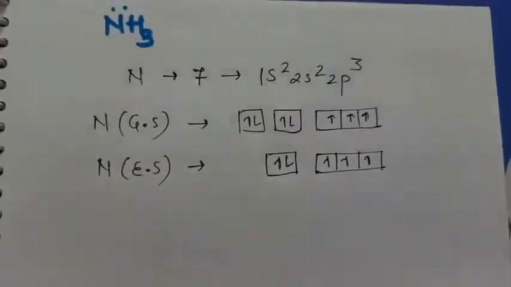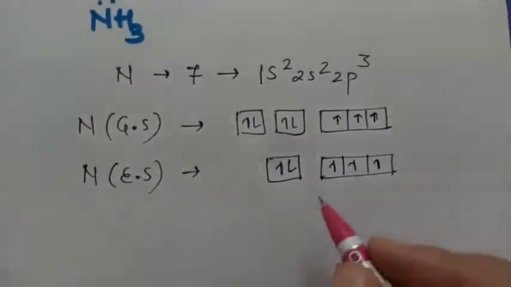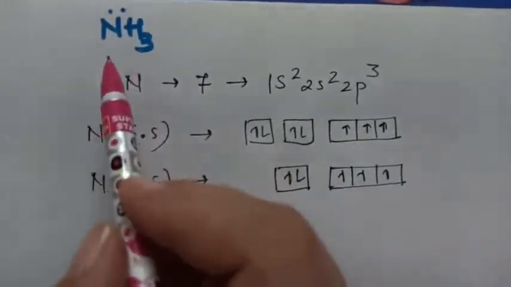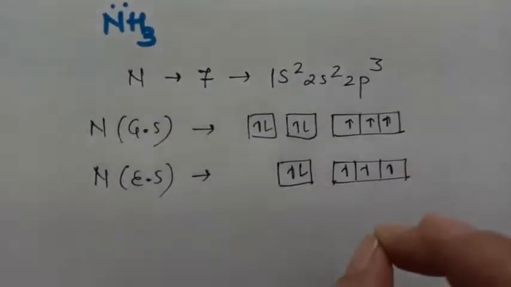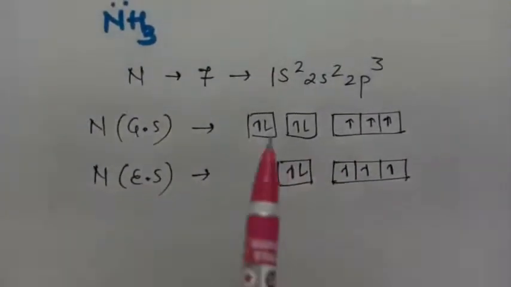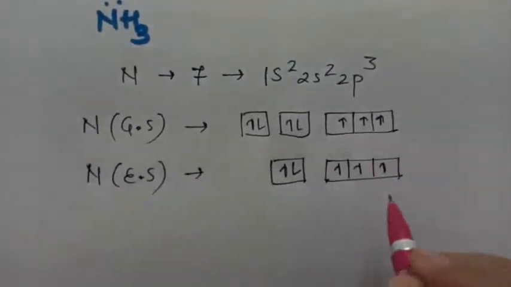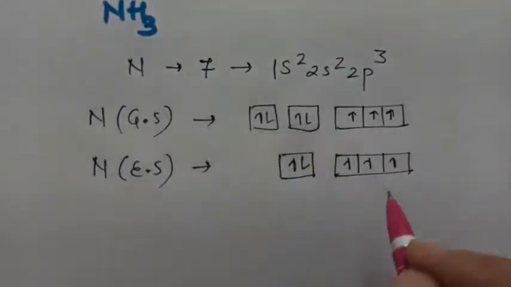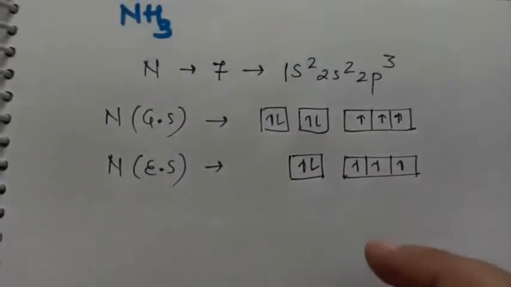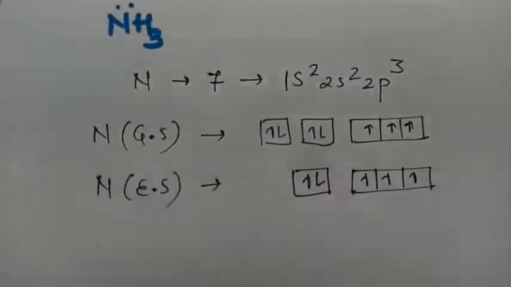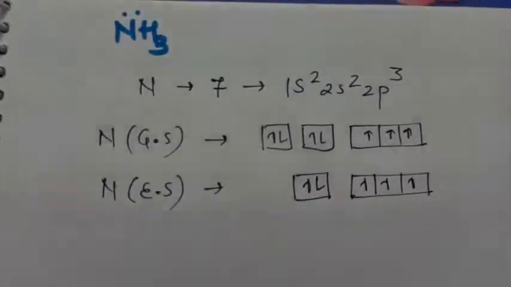Now you see, as only 3 hydrogens have to be joined, there is no need of extra excitation also. So formulas are made accordingly. कार्बन में यहाँ पे 4 सिंगल इलेक्ट्रॉन हो सकते थे, इसीलिए 4 हाइड्रोजन कार्बन से जुड़ के मीथेन का फॉर्मूला CH4 होता था. बट नाइट्रोजन के साथ सिर्फ क्या दिख रहा है आपको, यहाँ पे एक्साइटेशन is not possible, इसीलिए फॉर्मूला सिर्फ NH3 बनता है, नहीं बनता कभी भी NH4. अगर आप NH4 बनाते हो तो आप NH4 प्लस लिखते हो, मतलब आप वहां से भी एक इलेक्ट्रॉन कम लिखते हो, right. So remember always that the formula is according to the orbitals which can intermix.